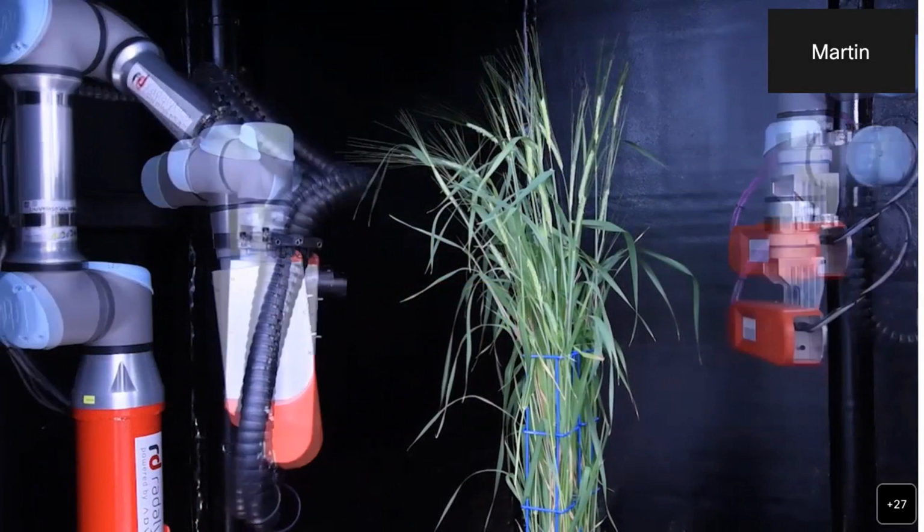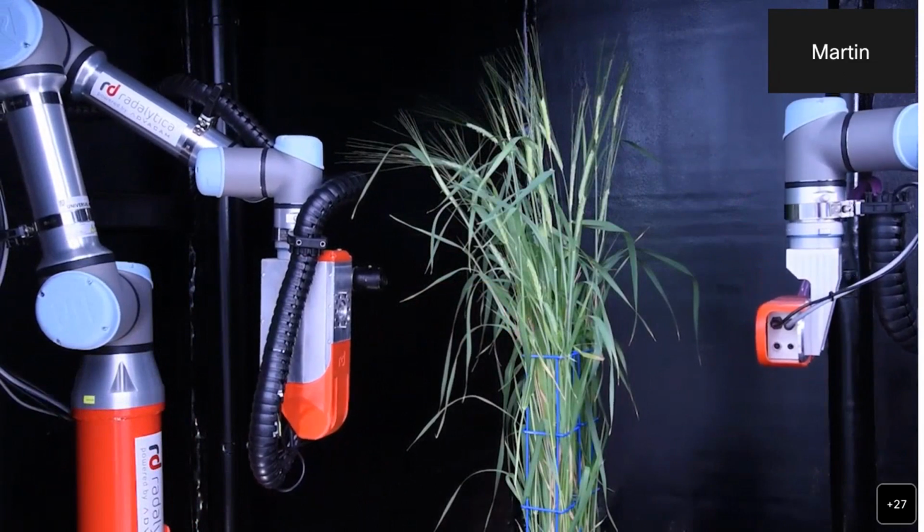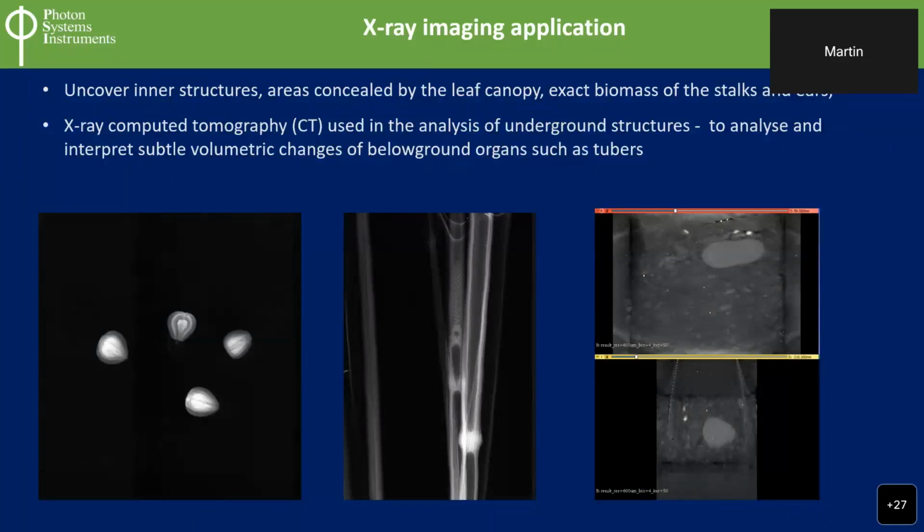Thanks. Super. So this is how the system looks. And the beauty of this system is that you can mount any type of sensors on these robotic arms, so you can point these sensors to the specific area you would like to use. This is very important for our Raman spectroscopy, because Raman spectroscopy is extremely sensitive, and you have to put your sensor much closer to the sample. And if you want to do the imaging, you just have to follow